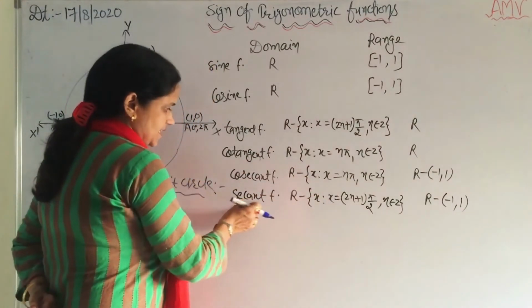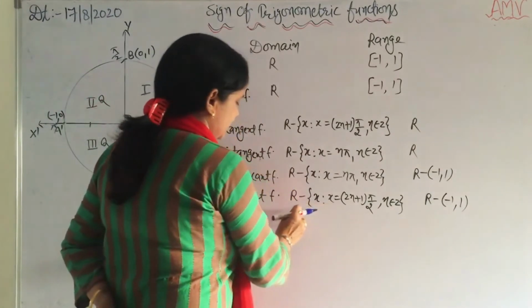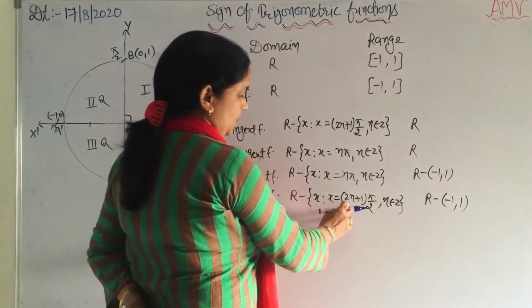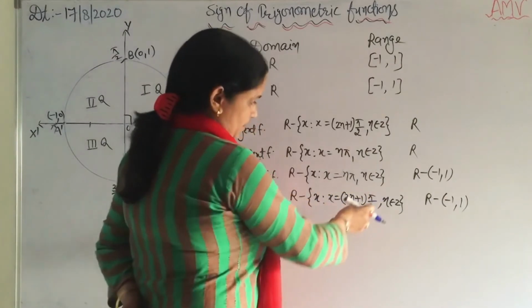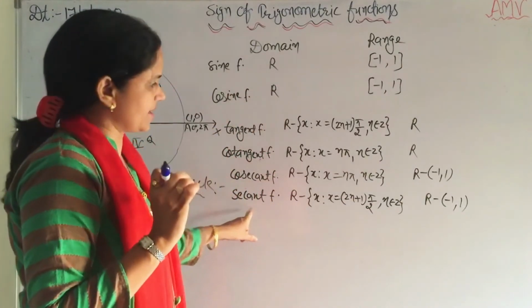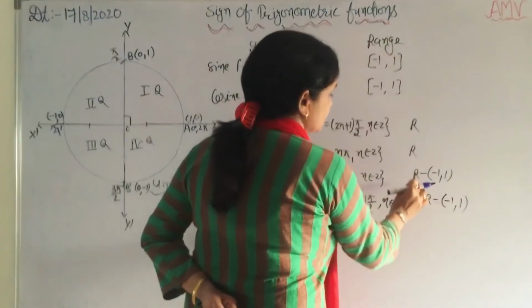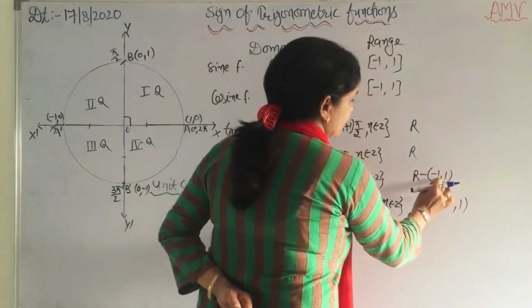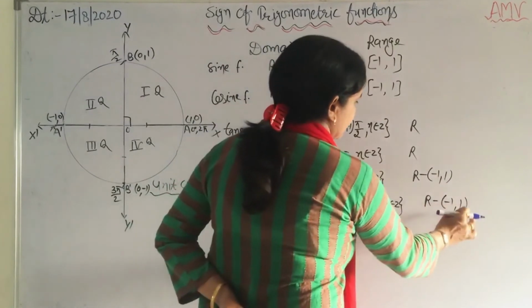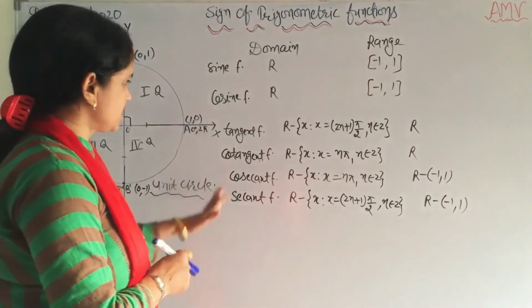For the secant function, it is the reciprocal of cosine. That's why here the domain is R minus the set of x such that x is equal to (2n+1) pi by 2, odd multiples of pi by 2, since secant is undefined at pi by 2. Now the range. For the cosecant, the range is R minus the open interval -1, 1. Same for the secant: R minus the open interval -1 and 1. So keep in mind these important concepts.